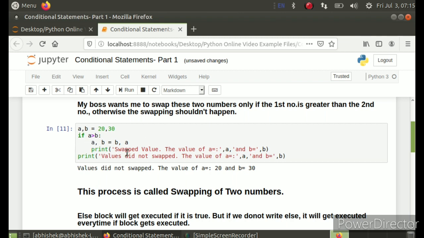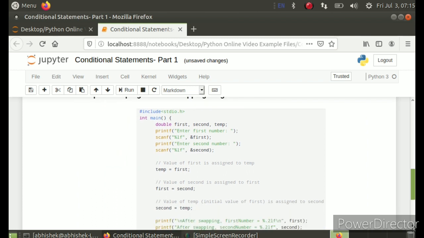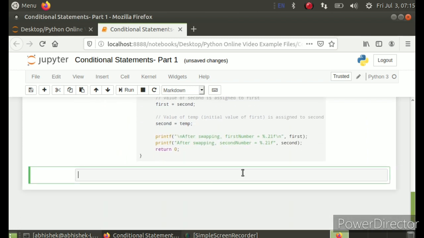And that's why Python needs this indentation part. In C or in other bracketed languages, brackets are there to tell the block has started or ended, but in Python you need indentation to show a block has started or ended. Okay, so this is the first part of conditional statements.